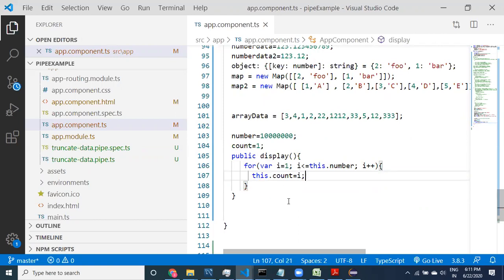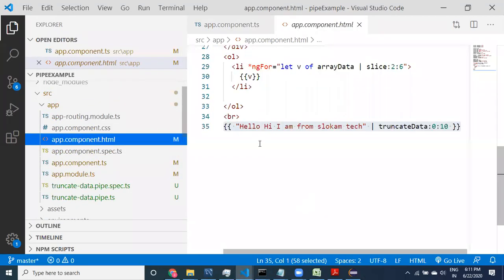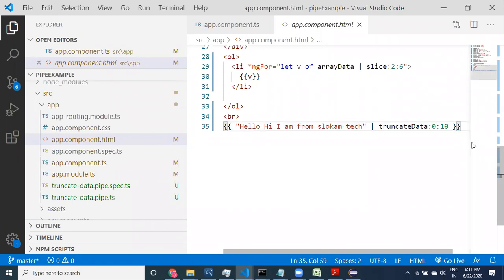Every time this count value is going to keep changing. Whenever you take count, you can display this count in the UI, because this is a property, and a property can be displayed in the UI. Go to app component.html.